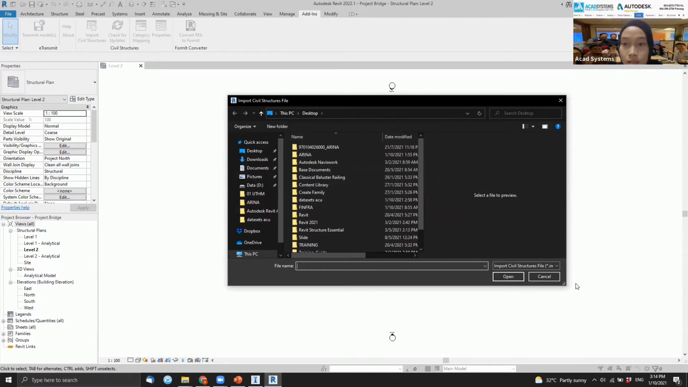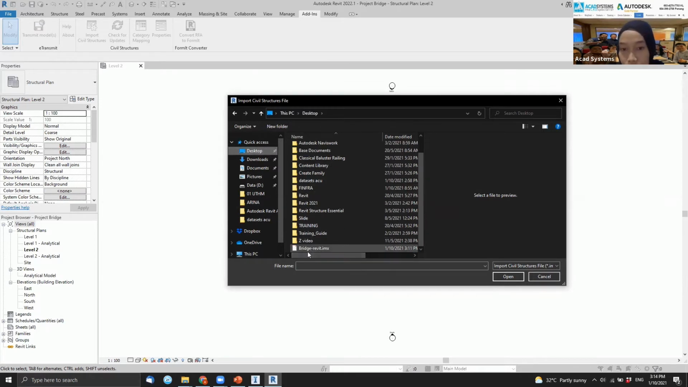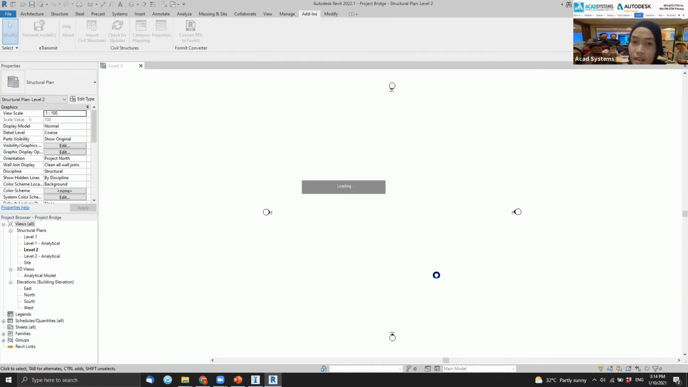All right, so once you have clicked save for the current project, this will appear, which is asking us to import the civil structure file. Basically, the civil structure file we saved just now is on the desktop. So you can just go to the desktop there, and then we have here this bridge Revit IMX file. Okay, so just click on this file, and I click open. So let's wait a few seconds so that our file will be